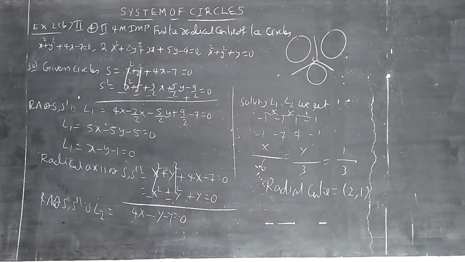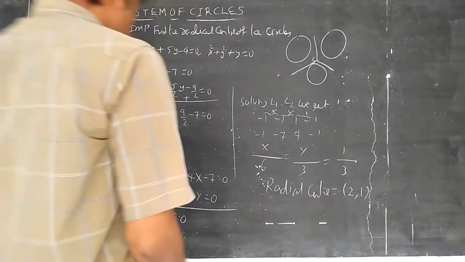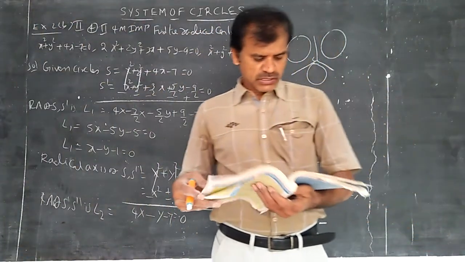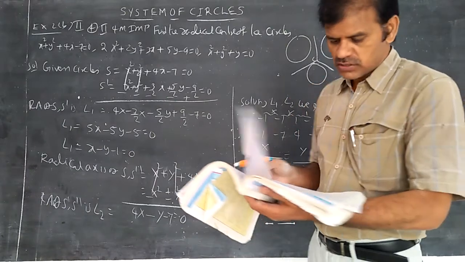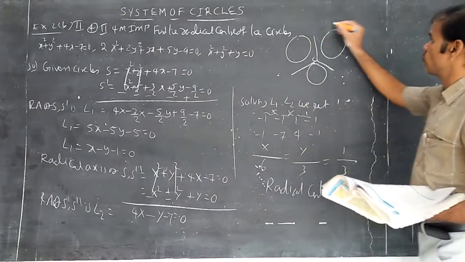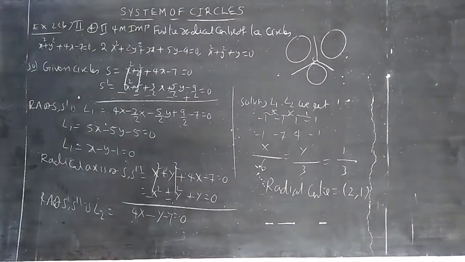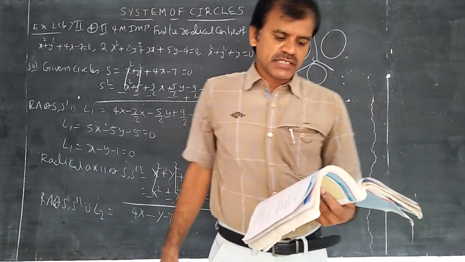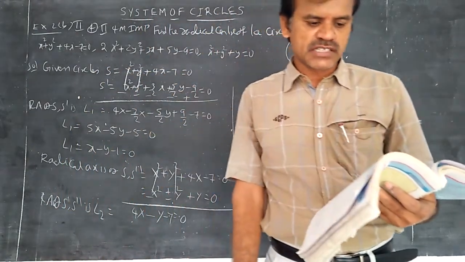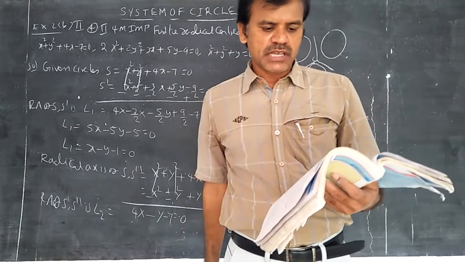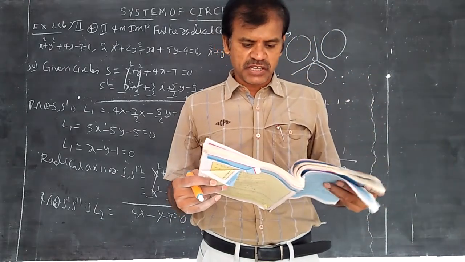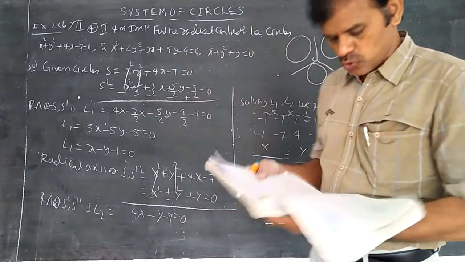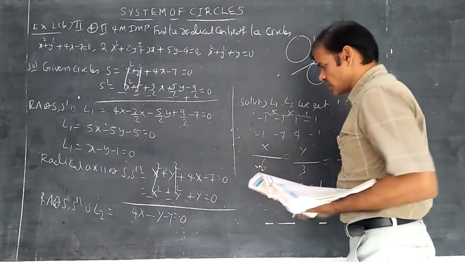Radical center concept we have discussed, students. Depending upon 2 marks sums and 4 marks sums, the 4 marks sums are complete, and for 2 marks sums we just discussed theory. I am giving homework to you, exercise 2B. Try to understand that radical axis is nothing but the common chord for intersecting circles, and the radical axis is the common tangent of touching circles. Simply it is a straight line whenever the two circles are intersecting. So I am giving the work to you, exercise 2B, homework I am writing here.